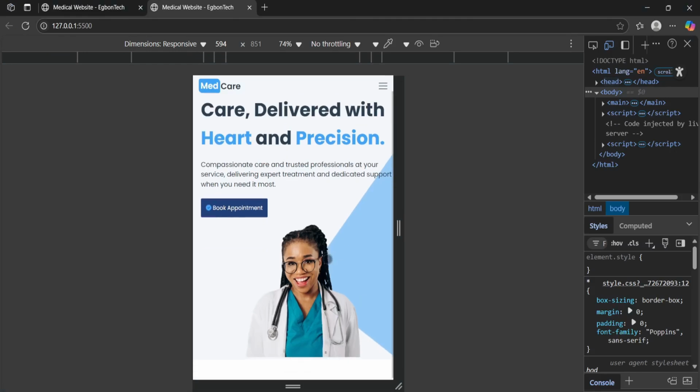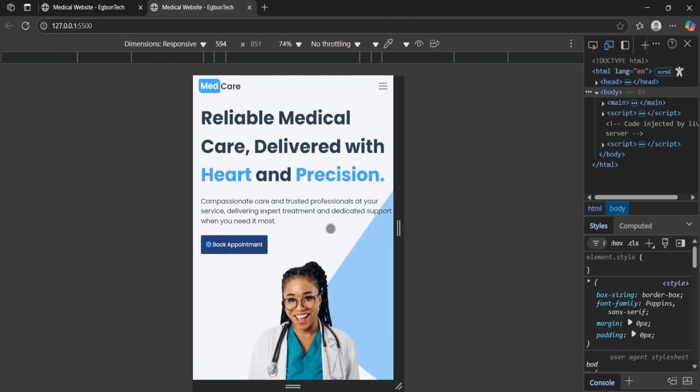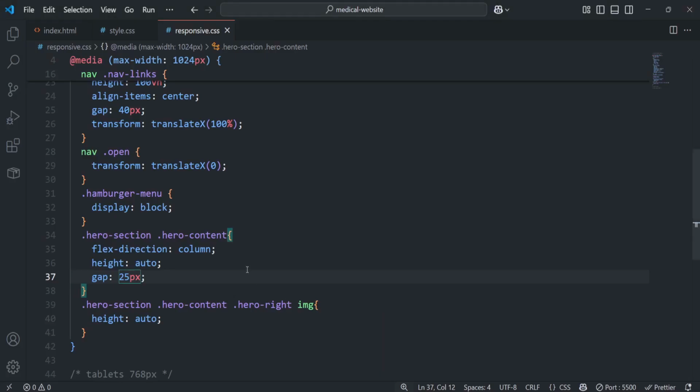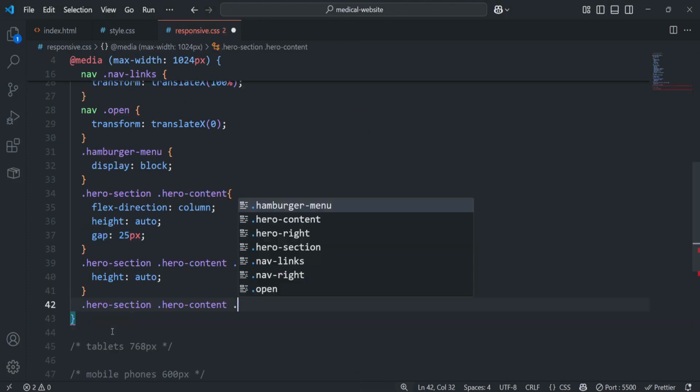Yeah, that's the sweet spot. So next, we're going to make this hero left actually responsive. Okay, so we're going to target that class. So I'll just copy this. I'll paste that underneath here. And then I'm going to say hero.hero